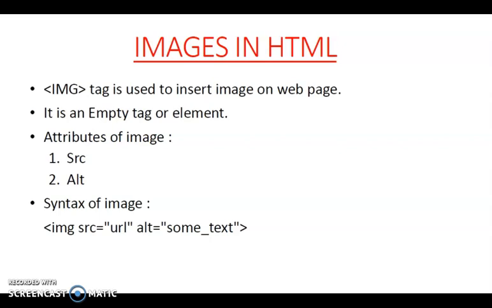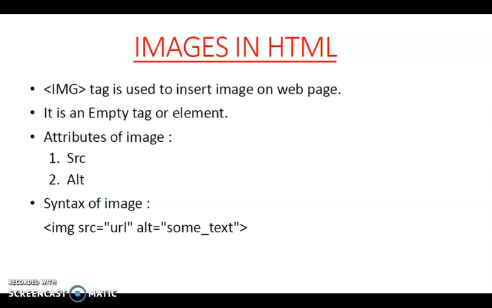Okay, then the image has 2 attributes. The first one is the source attribute and the second one is alt, that is alternate text. So the source attribute contains the path or location of your image, and the alt attribute contains the alternative text for the image if it is unavailable or cannot be displayed for some reason.